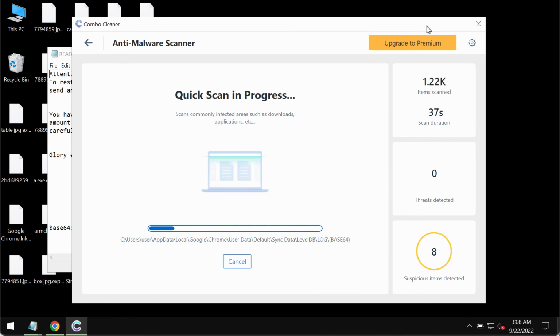So then the scanning itself would take some time, I guess. It might take several minutes. And the scanning duration depends on various factors, of course. Mainly it depends on how many hard drives are being scanned. And then at the end of the scan you would see the summary of all the threats which were revealed